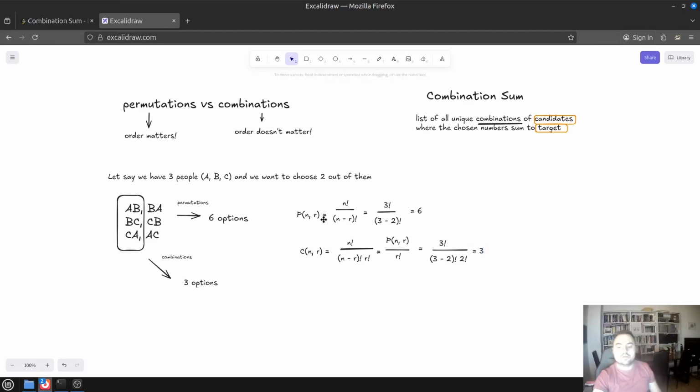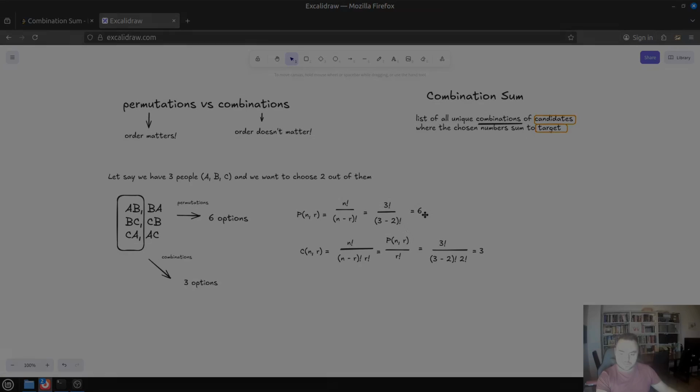But what would happen if r was equal to 3, as I started to explain a minute ago? Then we would have 3 factorial divided by 3 minus 3 factorial, which is 0 factorial, which is not 0, it's 1. Exactly, in this case, it would be the same. It would be 6, but